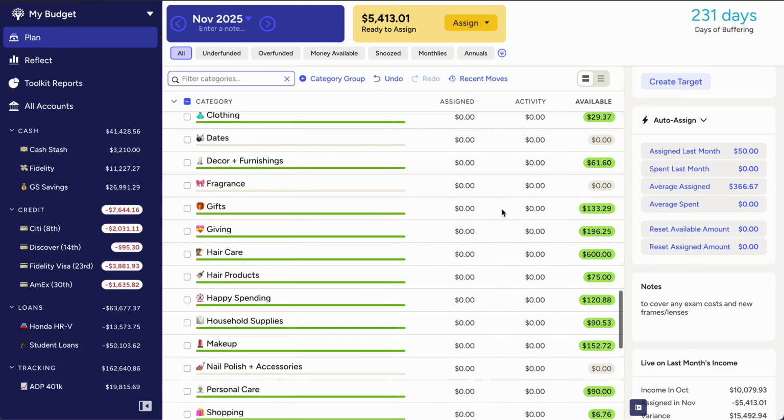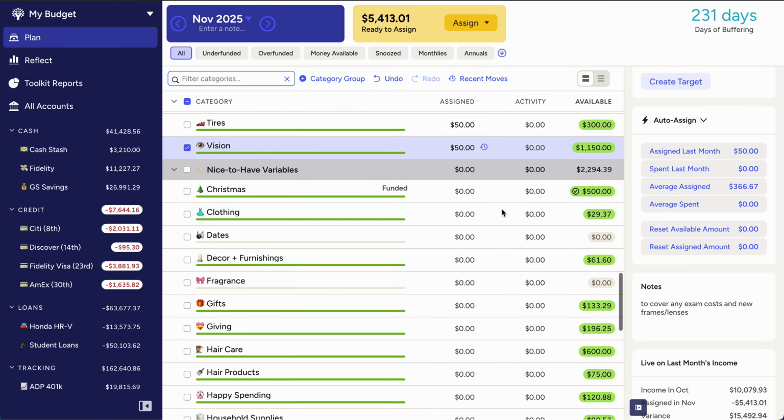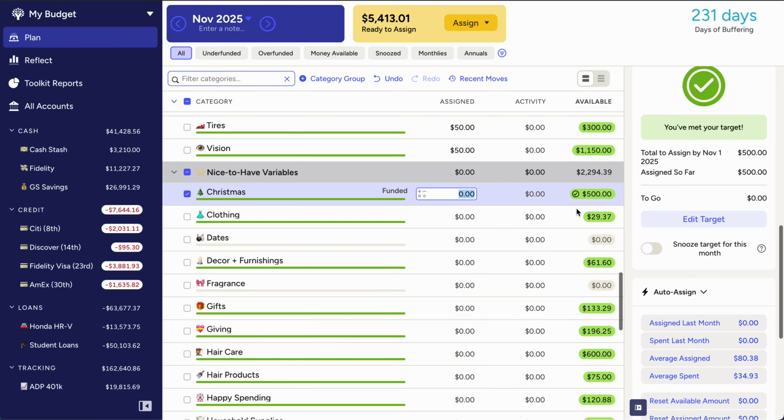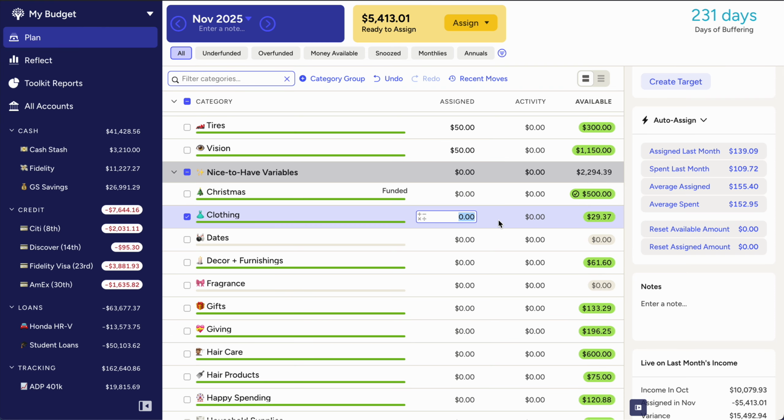Okay. And then these are all of like my spending categories. I'm hoping to only spend $500 the next couple of months to buy all of the Christmas gifts that I'm going to be getting. So I'm not going to contribute anymore to Christmas clothing. A girl loves to shop.